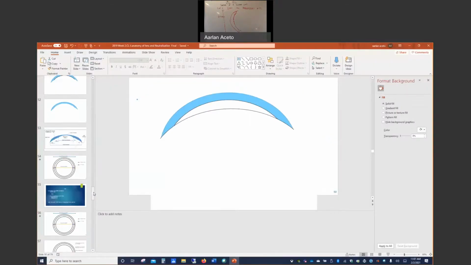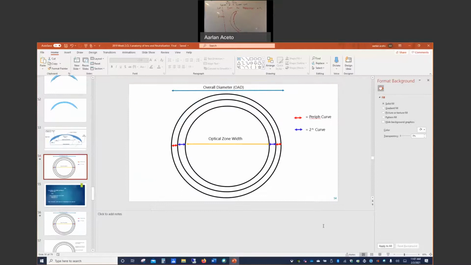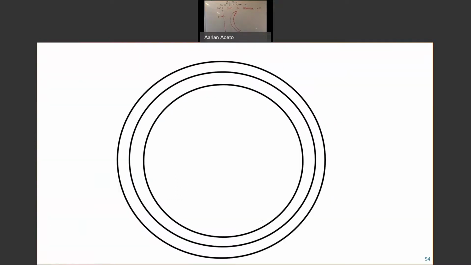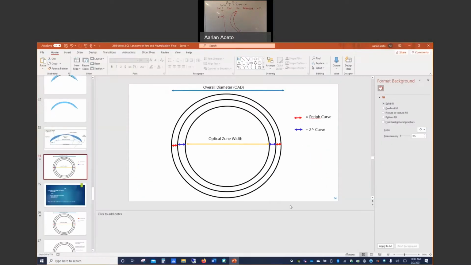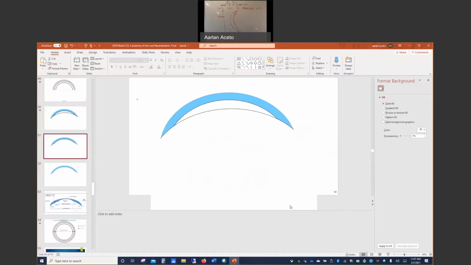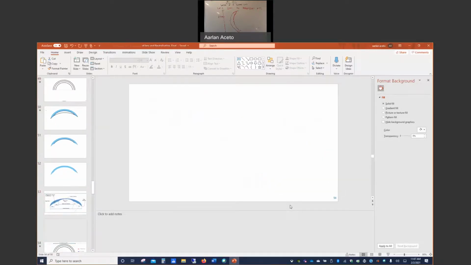So let me keep going here. So let me show you this here. So if we looked at that picture before, that's my overall diameter. That's my peripheral curves. These little blue ones are my intermediate curves or secondary curve. And that's my optic zone width. So again, from a standpoint of what a contact lens looks like, so now if I showed you this one right here,